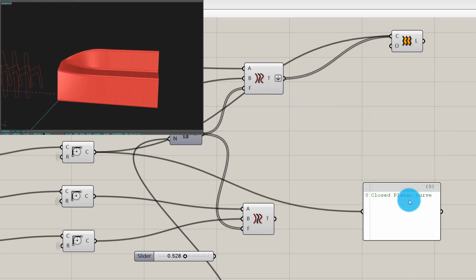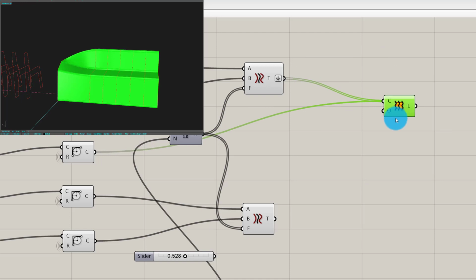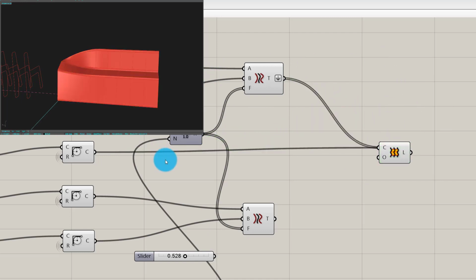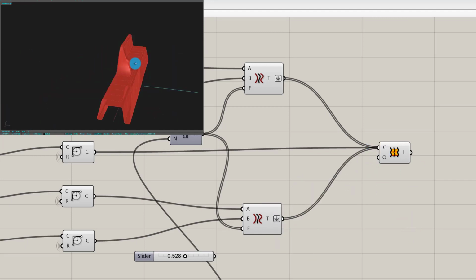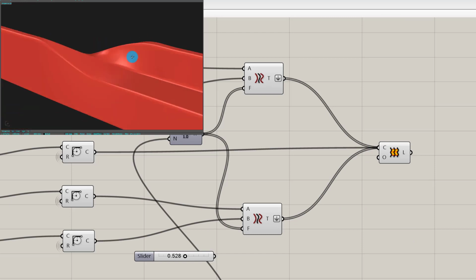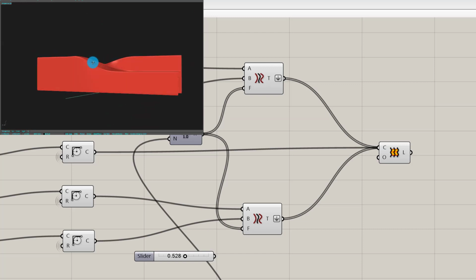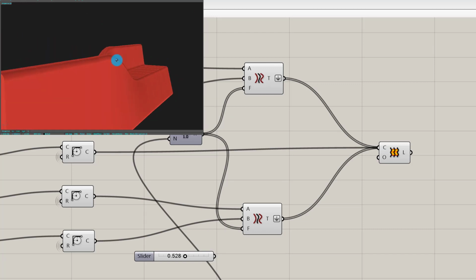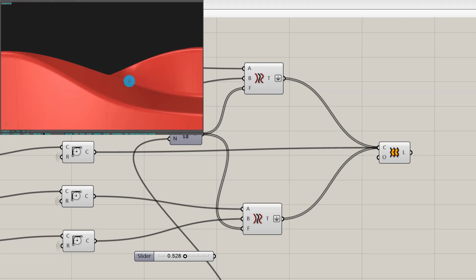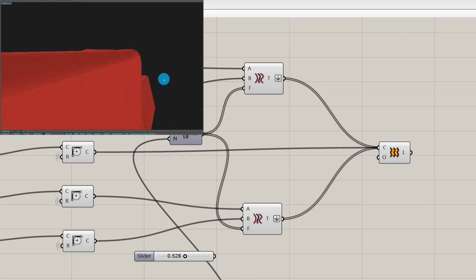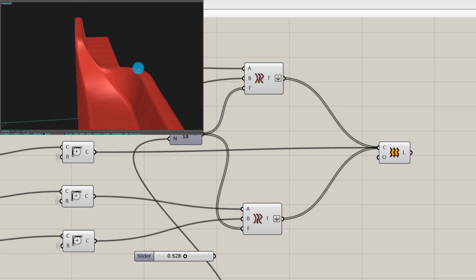There. So now we'll flatten this up too, like that, and then we'll connect that like that. So there, now we have this volume, and if you can, I don't know, it's a little difficult to see, but it goes up and then down, and I want it a little smoother,